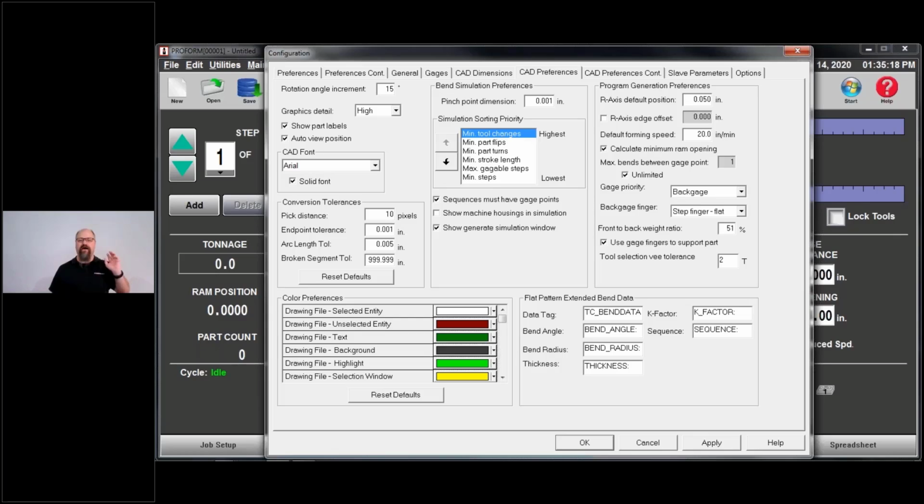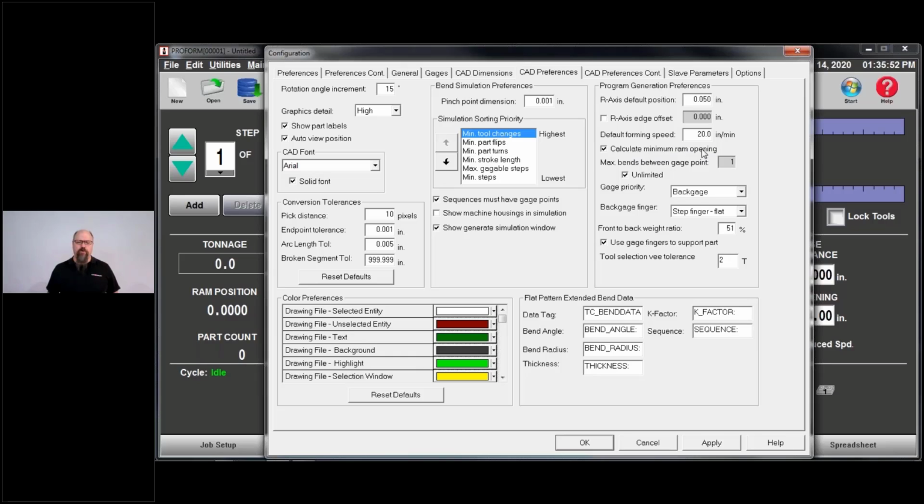I would stay away from that. My recommendation is you leave that forming speed alone. Let the operators make that call at the machine, not in the offline, because me as the offline programmer, I may or may not be paying attention to the fact that I've got a part that sticks 4 or 5 plus feet out the front of the machine. And if that forming speed is too high, we end up turning the machine into a catapult. And that, again, is not going to end well, generally speaking.